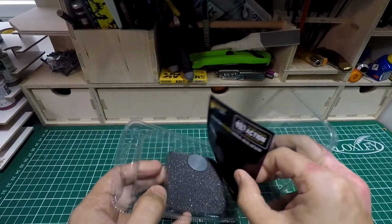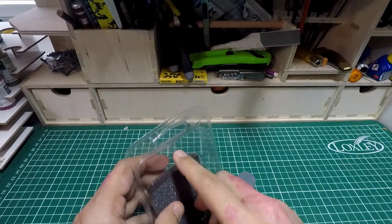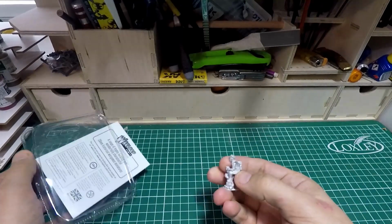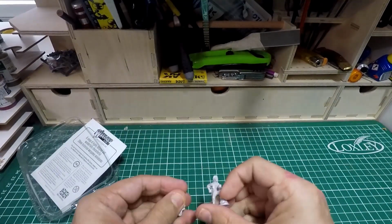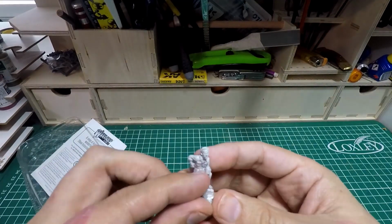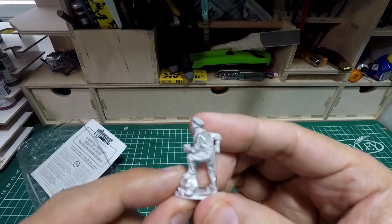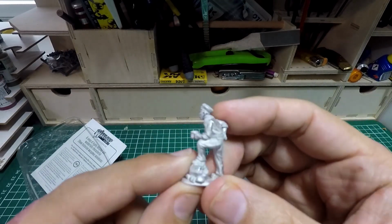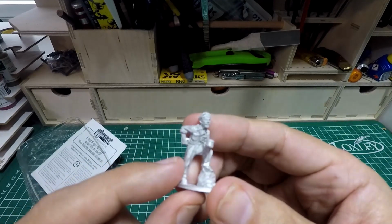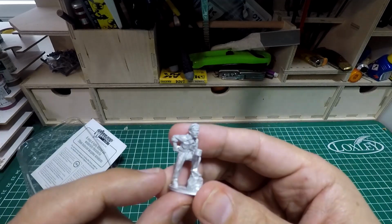Because Tom Moore himself was a tanker, we've got a standing single miniature version, and we've got a mount for a tank. So if we have a look there, we've got a lot of detail, a lot of character. So we've got him there leaning up against or standing with his foot up, and again a common theme here is he's holding his mug,